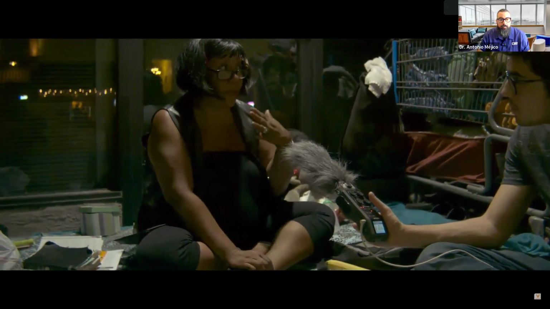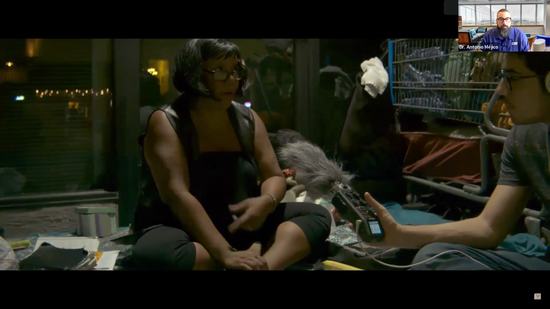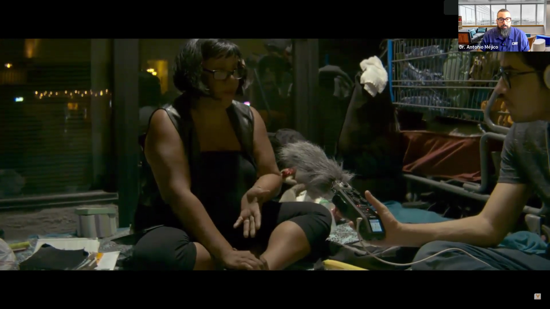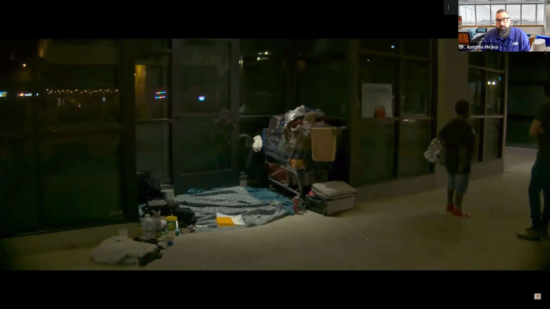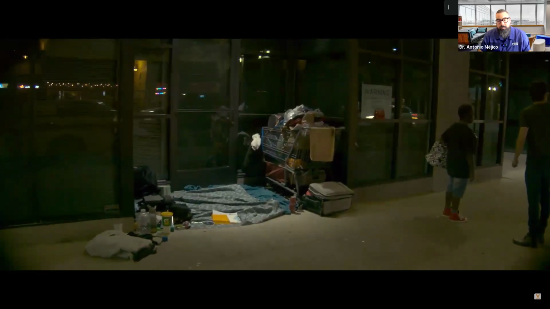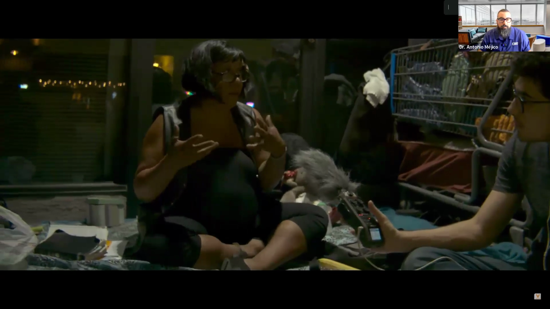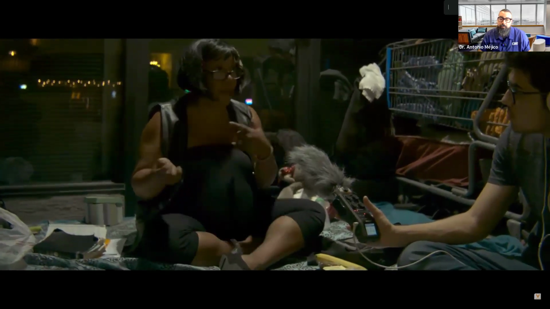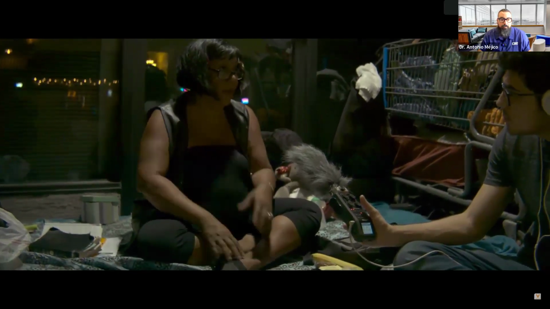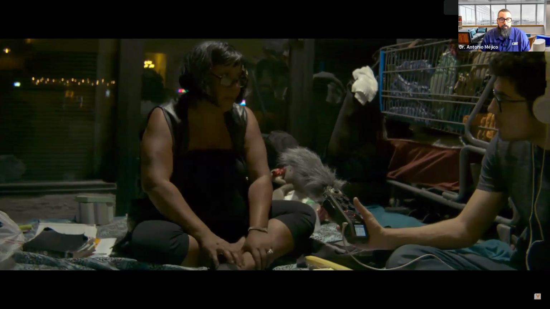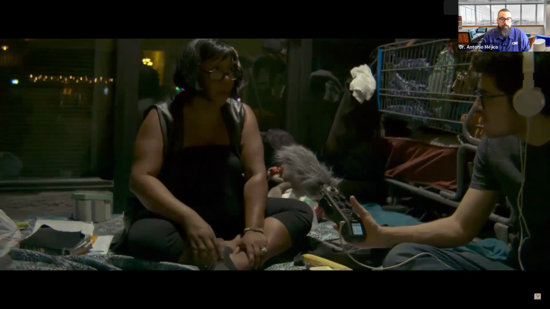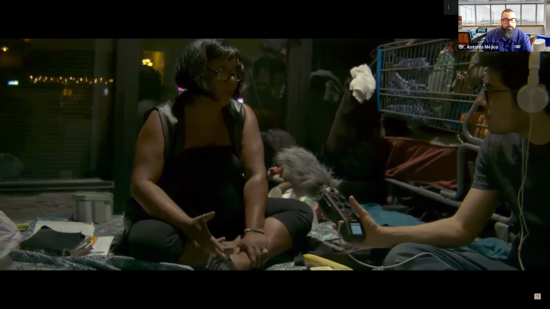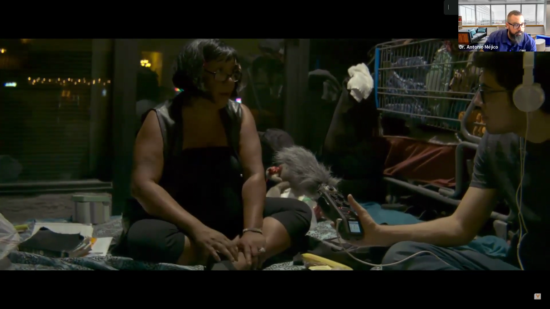There's a lot of things that exacerbate my illness when I'm out here because all the stuff that goes on, it's hard, it takes a toll. Like chain smoking all the time because you're under so much stress. You look at somebody wrong and they want to slap you. I had some guys stalking me, saying they're going to rape and kill me. So it's scary sometimes. But you learn to network with people real quick so that you have people that will protect you and look out after you.